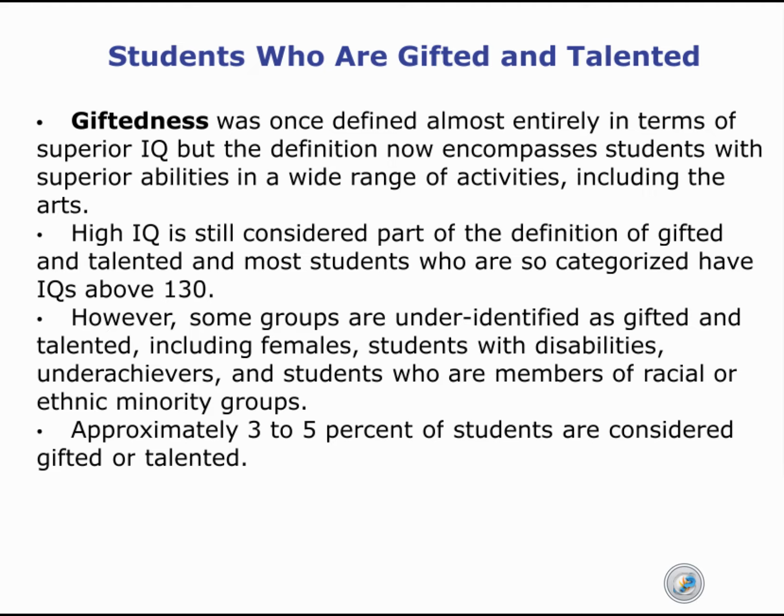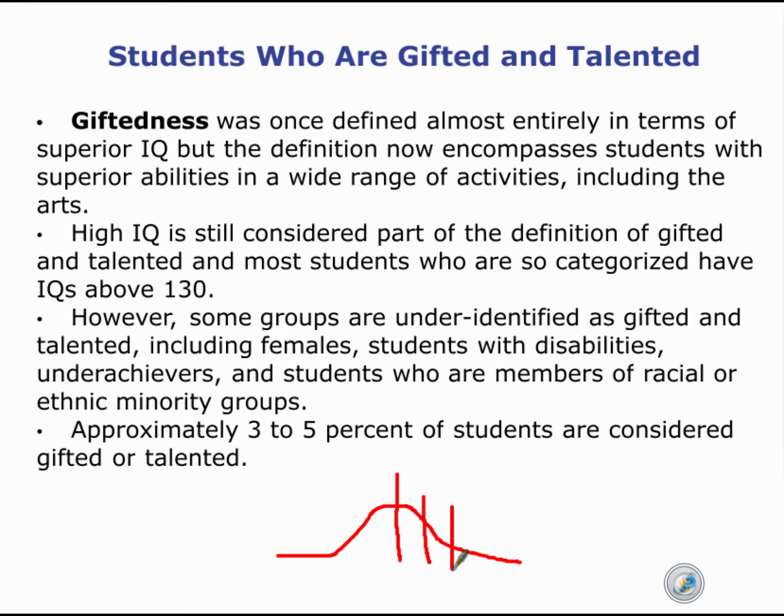Giftedness does not fall under IDEA, and not every state offers programs for giftedness, but it was once defined almost entirely in terms of just having a superior IQ. You had to have an IQ. I drew that normal distribution before, and this is a horrible normal distribution. This is exactly the opposite of mental retardation, in the sense that you are 2 standard deviations above the mean